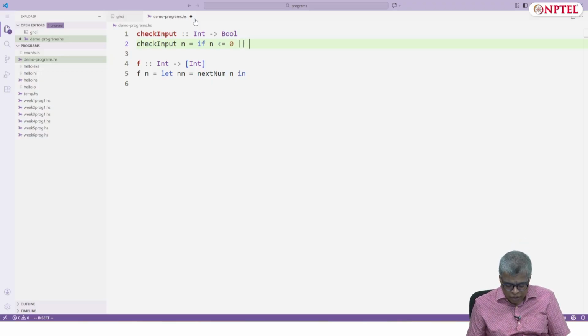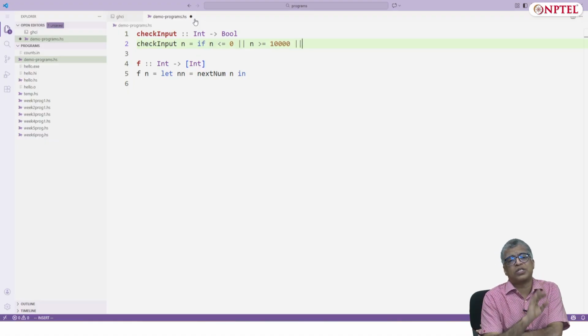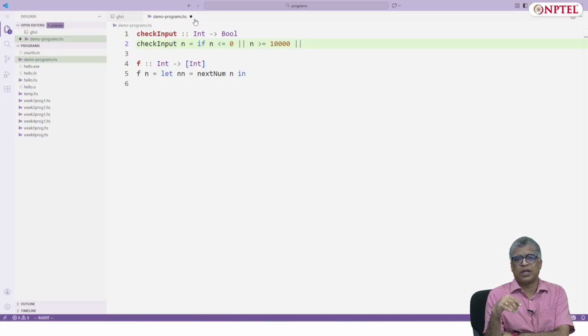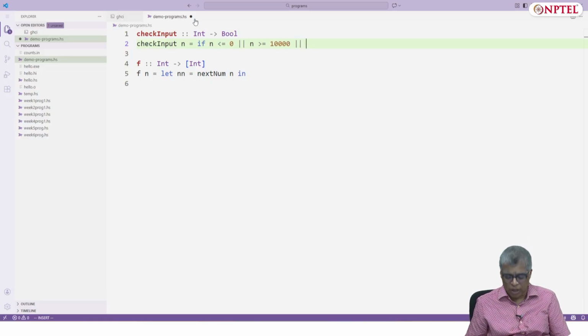If n is less than or equal to 0, or n is greater than or equal to 10,000, reject. Suppose both these conditions pass, meaning that n is greater than 0 and n is less than 10,000, then what you need to do is to extract the digits.